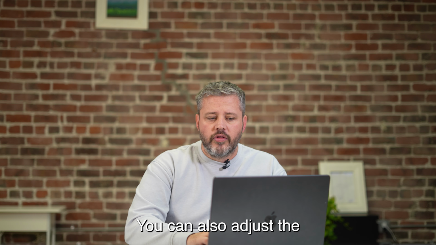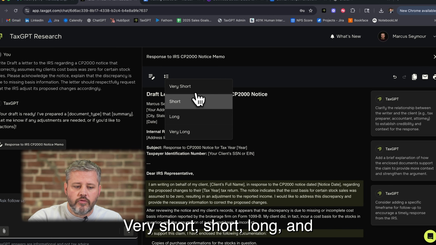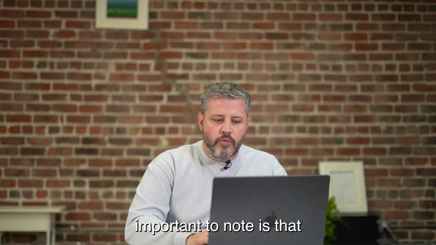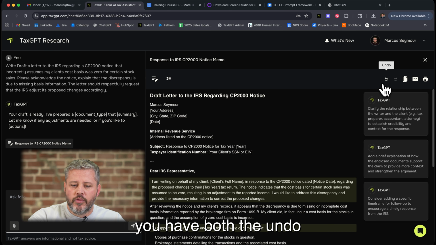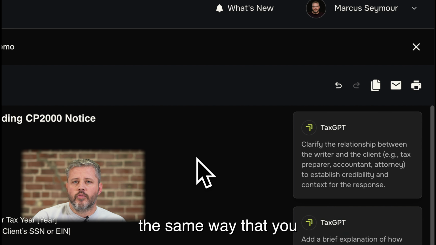You can also adjust the length of the letter, and we have a couple of different options. Very short, short, long, and very long. A couple of other things that you can do that's important to note is that you have both the undo and the redo button, and you can work with this the same way that you would inside of a Word